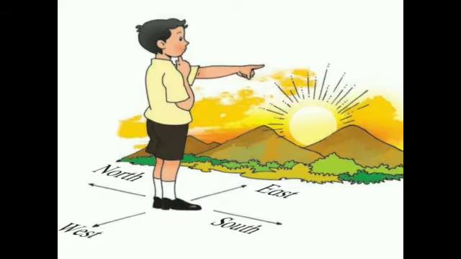A large frame is given below. Your house is at the center of the frame. The frame has a yellow strip on each of its four sides for writing the direction. Now children, you have to answer the questions. On which side of your house does the sun rise? That side is the east.